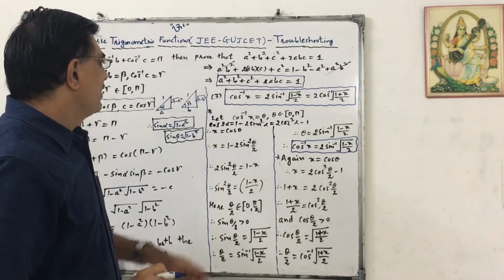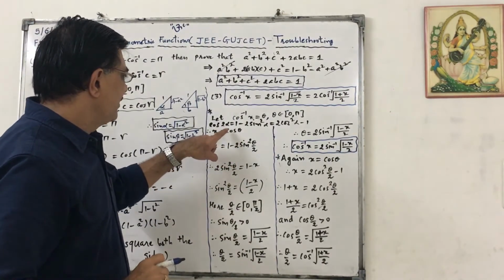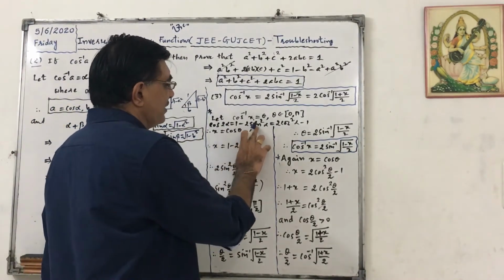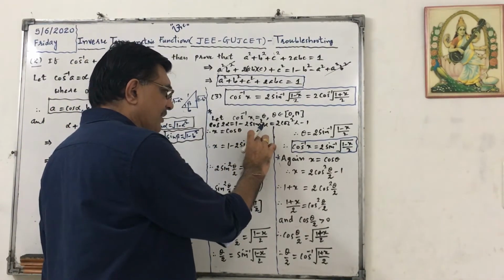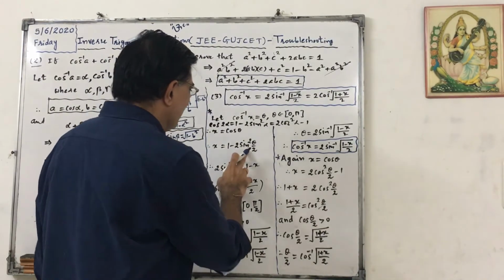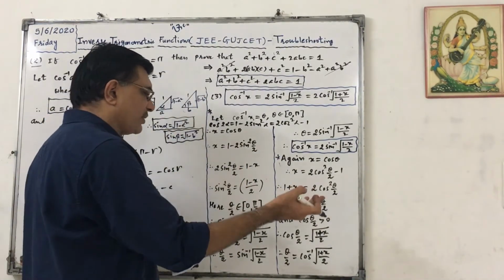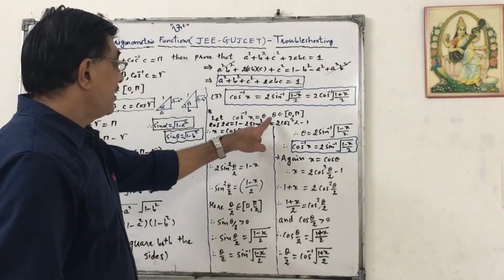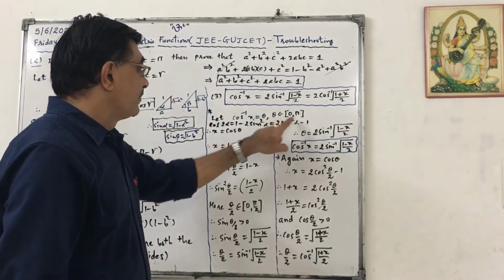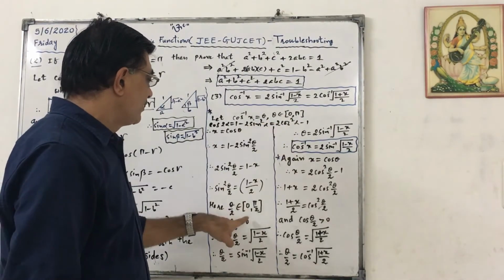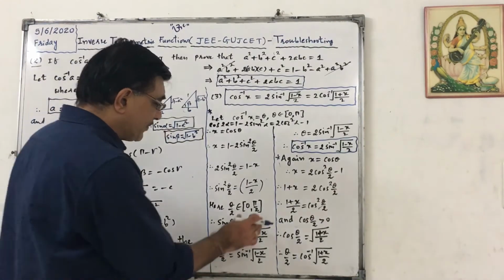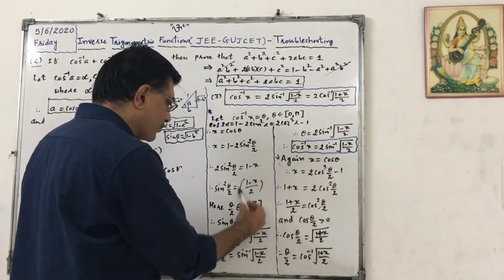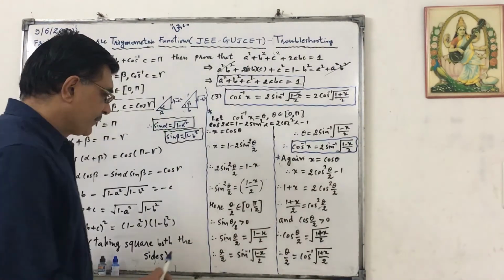So this was the formula. I have taken 2 alpha as theta. So x equals 1 minus 2 sin square, and in place of alpha I have written theta by 2. Now we can write 2 sin square theta by 2 equals 1 minus x, so sin square theta by 2 equals (1 minus x) by 2. See, theta belongs to the closed interval 0 to pi, but theta by 2 will be in the closed interval 0 to pi by 2. That is the first quadrant, so sin theta by 2 is positive. So sin theta by 2 equals square root of (1 minus x) by 2.